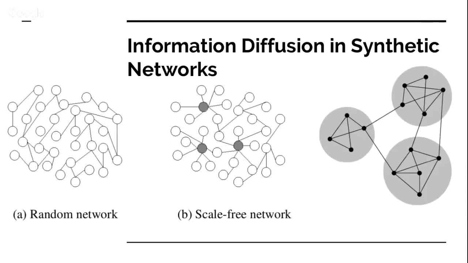Another kind of structure is community structure. As compared to random networks and scale-free networks, similarly, we have a community structure over here. So in the case of random networks and scale-free networks,